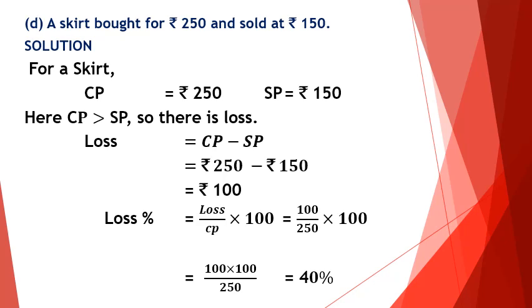That is 250, the 0 should be cancelled with the numerator 100. So the denominator become 25. Again 25 and 100 in the numerator cancelled. You will get 4 in the numerator and 1 in the denominator. So the product of numerator will be 4 into 10 equal to 40%. The cancellation must be shown.